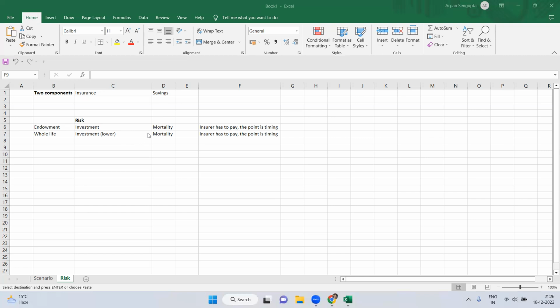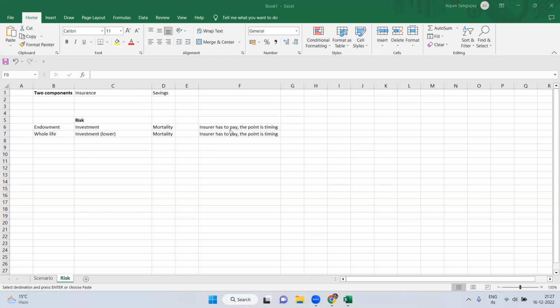And mortality, obviously, right? All these are insurance products, so they are covering the mortality. So the main risk for the insurer, like what an insurer wants, for a term product, is a very good product for the insurer, because the insurer may not have to pay, right? If the person does not die in the term, the insurer does not have to pay. But for this kind of product, whole life or endowment, by any chance the insurer has to pay, because if the person dies within the term for an endowment, the insurer has to pay. And I'm talking about the traditional endowment, not the pure endowment. So if the person dies within the term, the insurer has to pay.